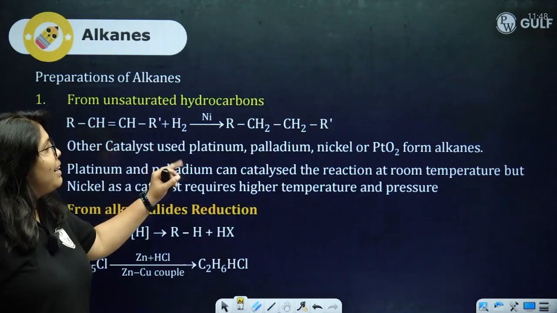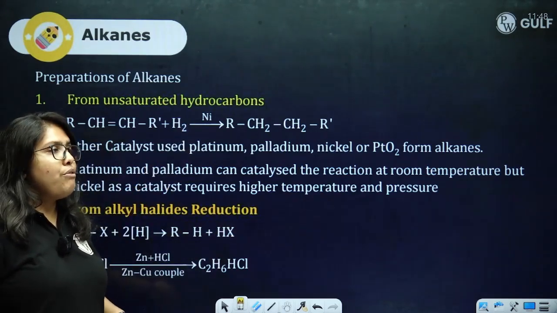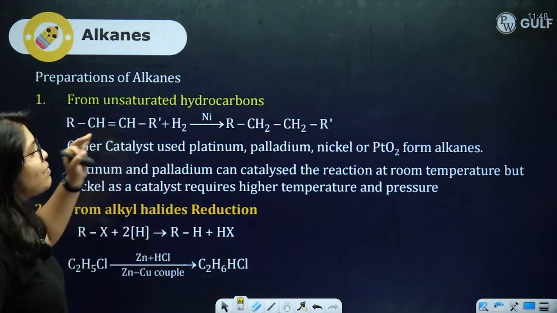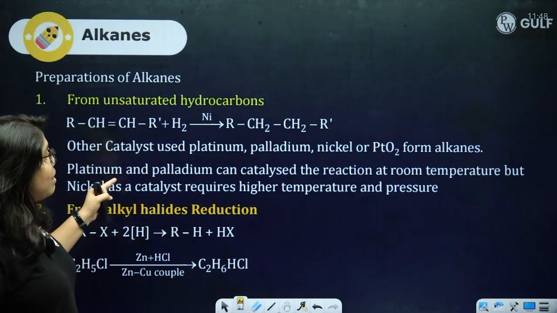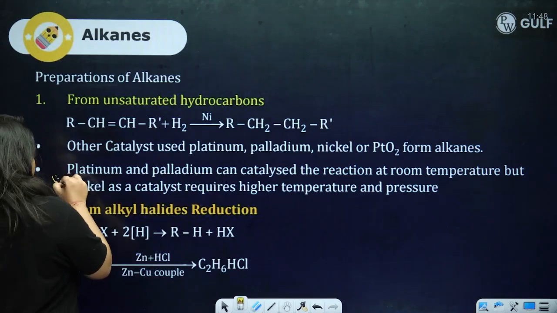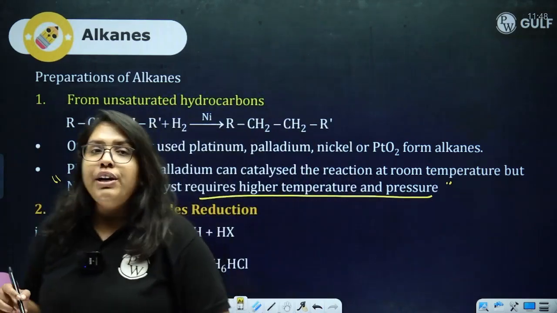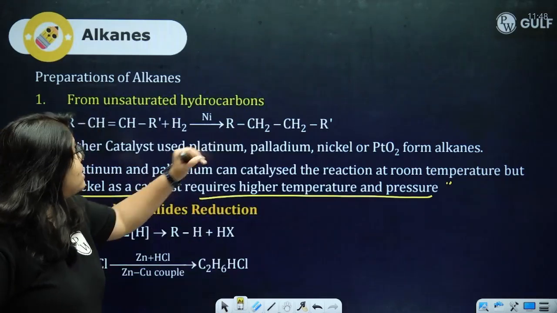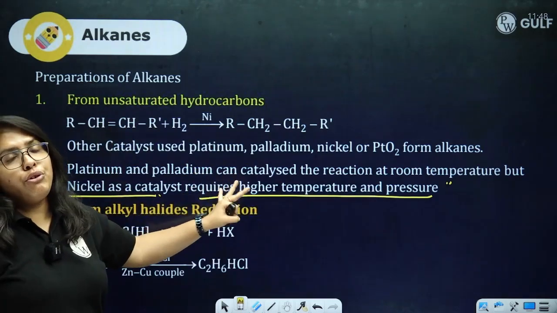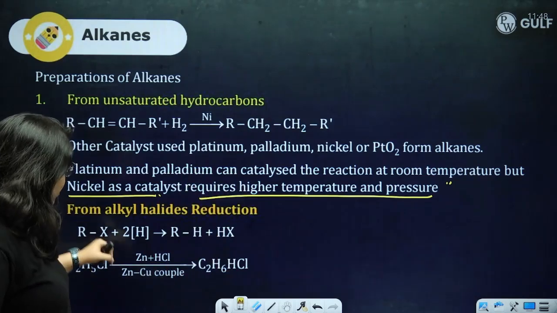Now, what you need to understand is nickel is generally more feasible or more widely used because platinum and palladium are expensive in comparison to nickel. Platinum and palladium can catalyze the reaction at room temperature, but nickel requires very high temperature and pressure. So for nickel to form alkanes from the given alkenes or alkynes, high temperature and pressure must be provided. Whereas platinum and palladium can give the reaction at room temperature. Another method